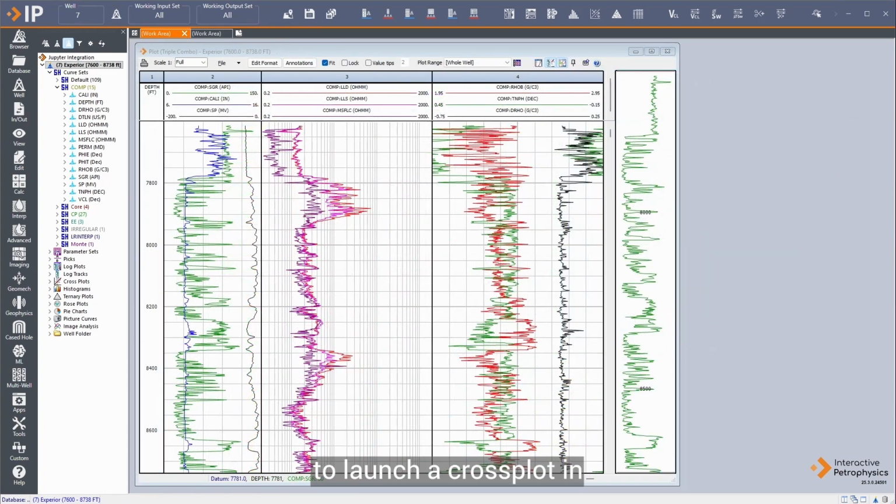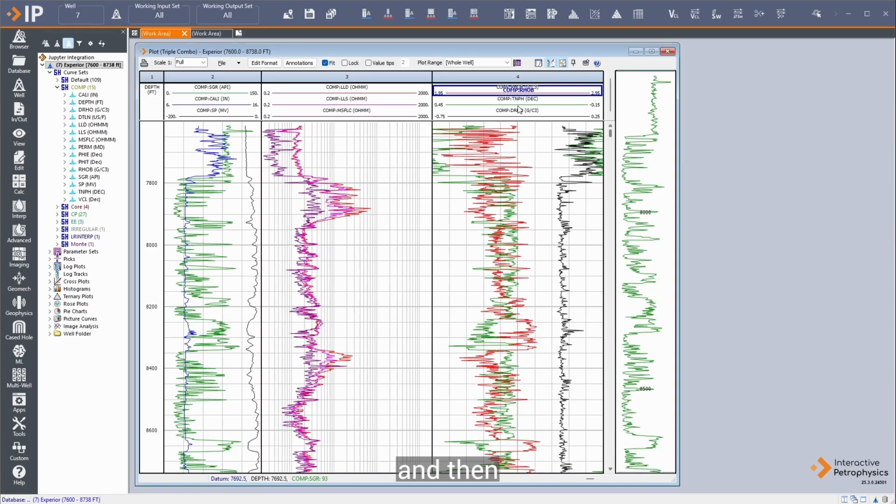The 4th and final way to launch a crossplot in this video is handy when you are working with a standard log plot and there are no crossplot options available when you right click on a track. First, you need to hold down the X key on your keyboard, then with your mouse, left click on the curve that you want to appear on the X axis,